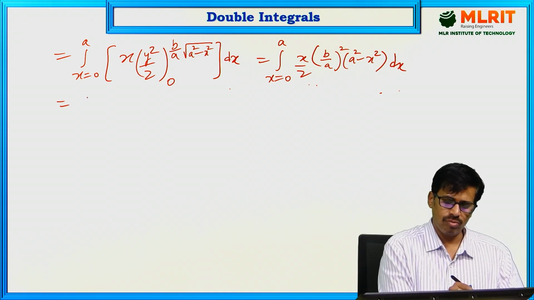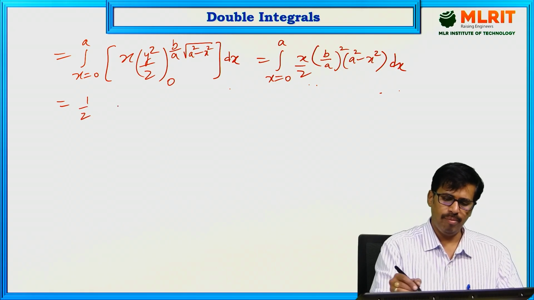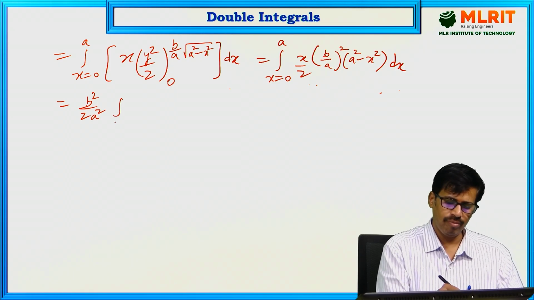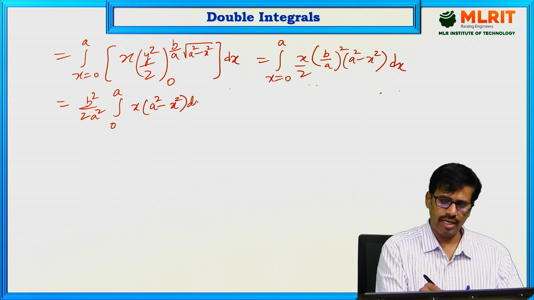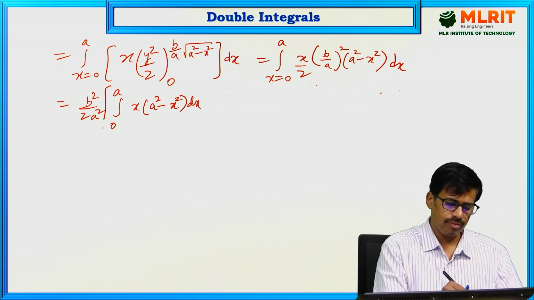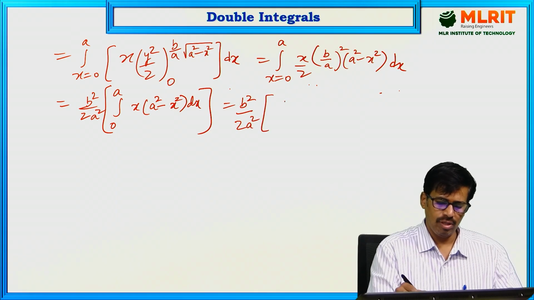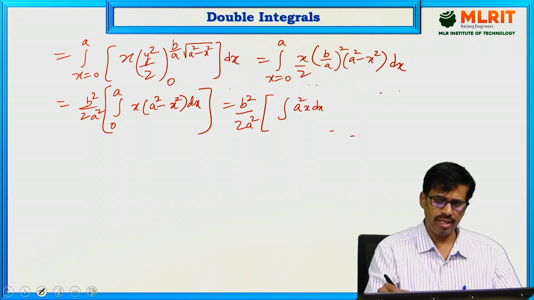So this 1 by 2 and b square by a square, take it outside, integral 0 to a, x into a square minus x square dx. This is for the complete thing. So b square by 2 a square into the integration of a square into x dx minus